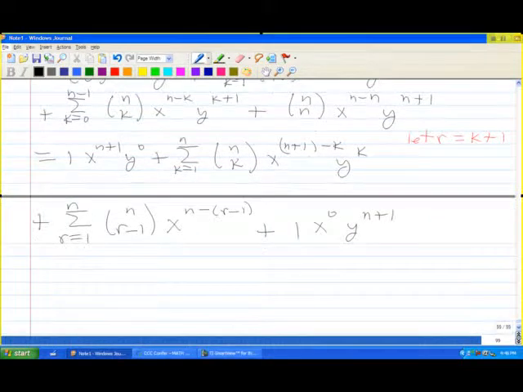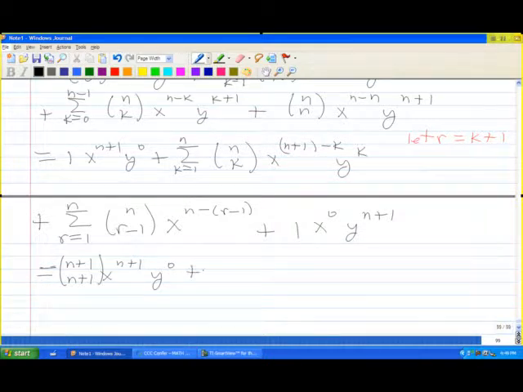So this is equal to x to the power n plus 1, y to the 0. I'm going to write this as 1, but I can write it as n plus 1 C n plus 1, which is just 1, plus